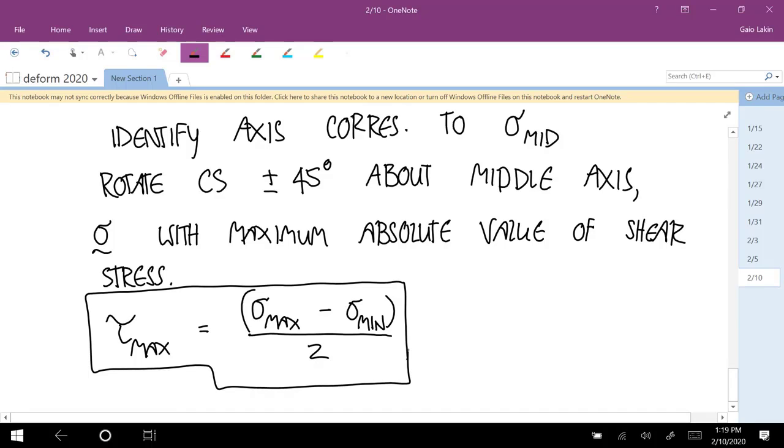So if you need the whole stress tensor, you can do it with that matrix transformation. If you only need the value, you can just use that simple formula. And knowing what that maximum shear stress is a really important thing for determining when something is going to reach different stress limits associated with breaking,